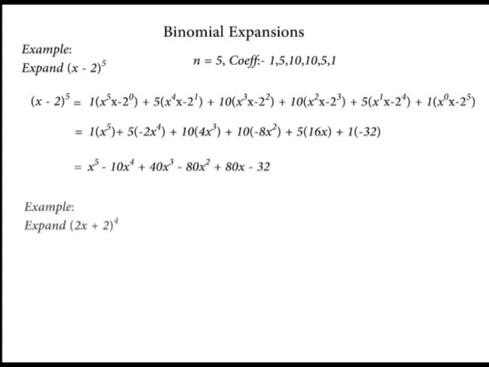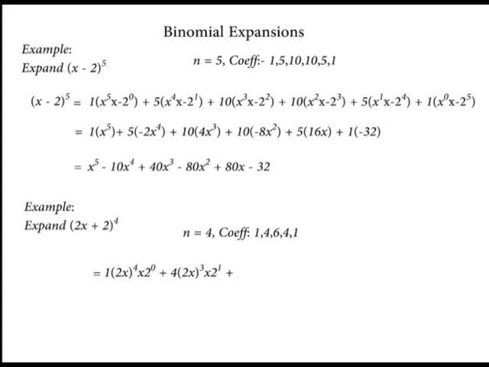Another example, (2x + 2)^4. This binomial expression has two terms, 2x and 2. N is 4 and the coefficients from the Pascal triangle are 1, 4, 6, 4 and 1. First term, coefficient is 1, and so we have 1 times (2x) raised to power 4, all of it, times 2 raised to power 0, plus second term, coefficient is 4 times (2x) raised to power 3 times 2 raised to power 1,